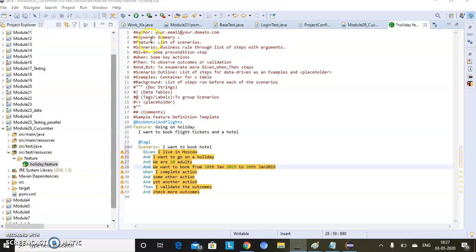After this and we can put when, some key action, when I have to perform some actions. So when I go to travel agent. After that we can use then, the obvious outcome. What should be the case if I go to travel agent?